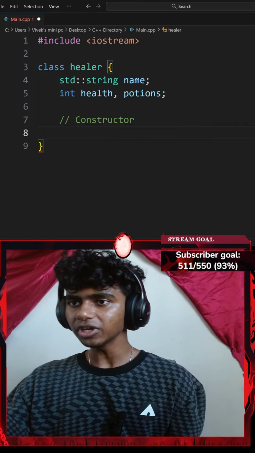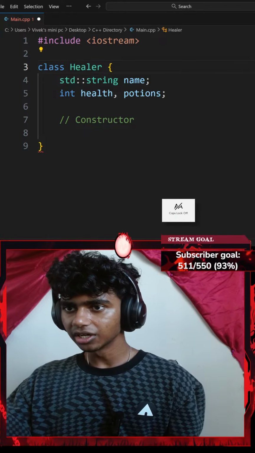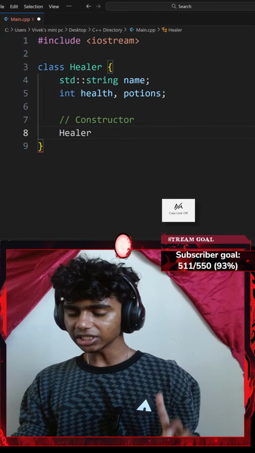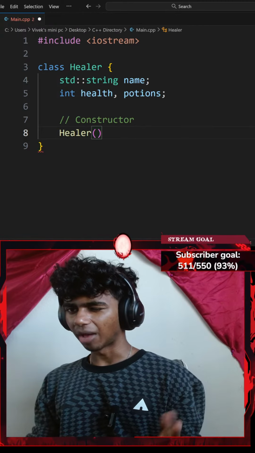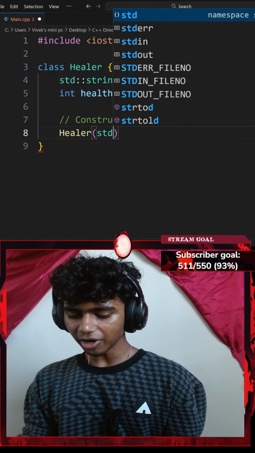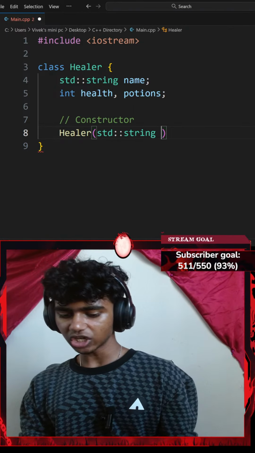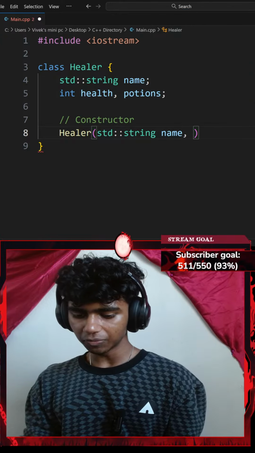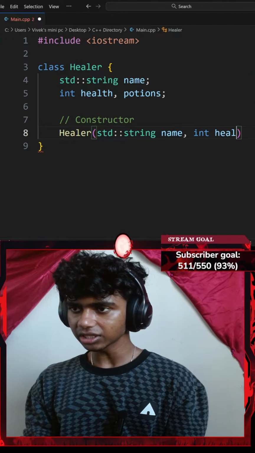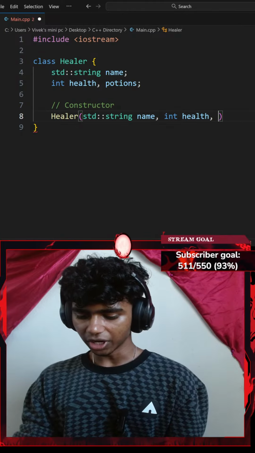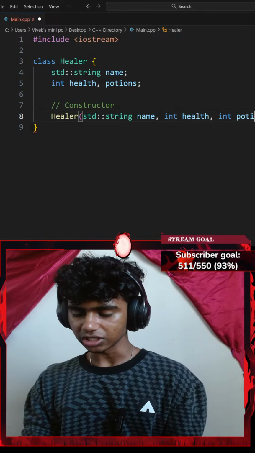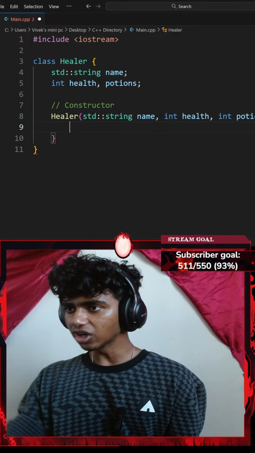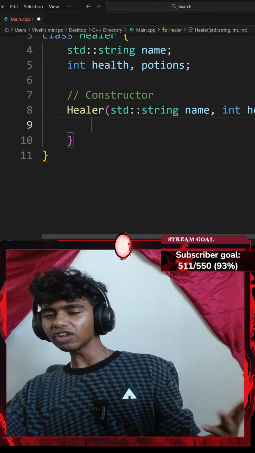And honestly, let me go ahead and capitalize that. There we go. Okay, so I'll go with healer class, add a few parameters. The first parameter is going to be a standard string of name. The second is going to be an integer of health, and the third one is going to be an integer as well of potions. There we go. And then I'll go ahead and add a pair of curly braces and create a few instance